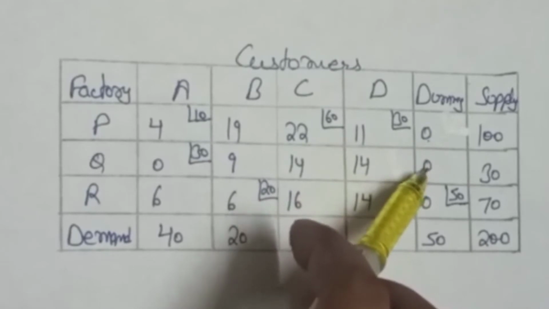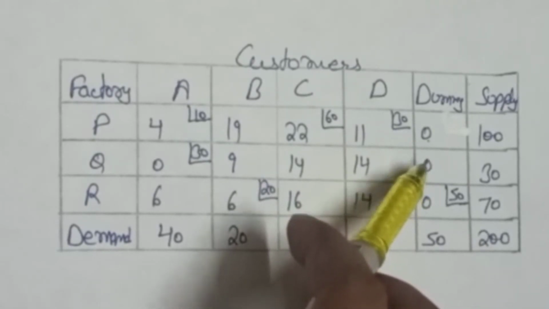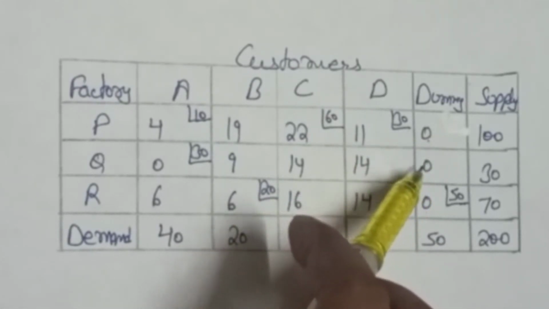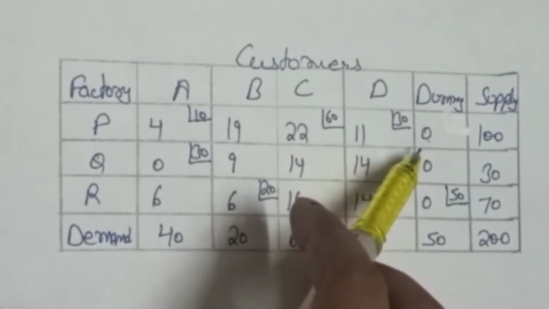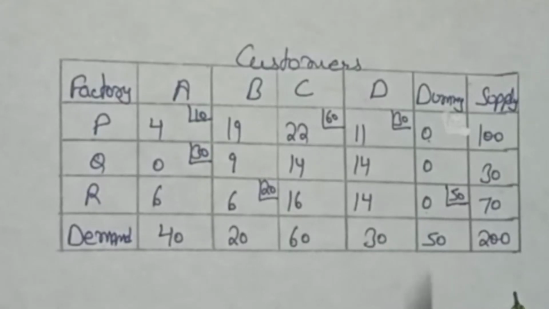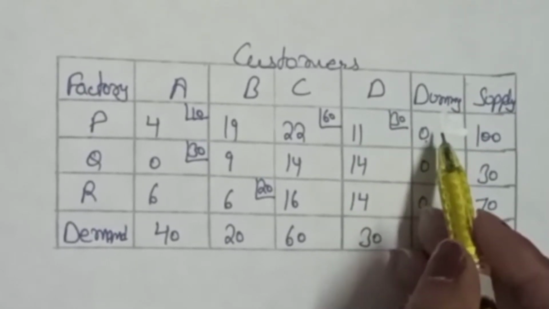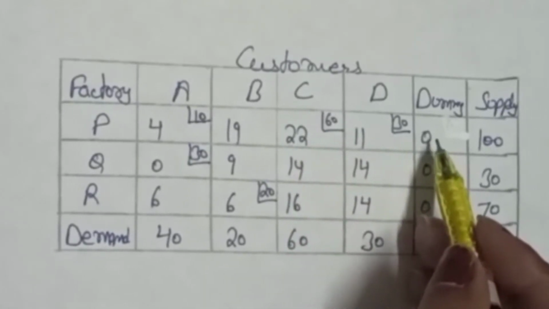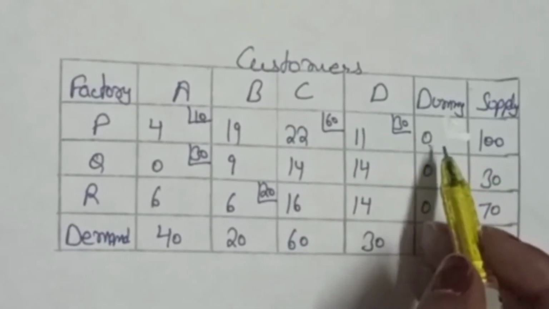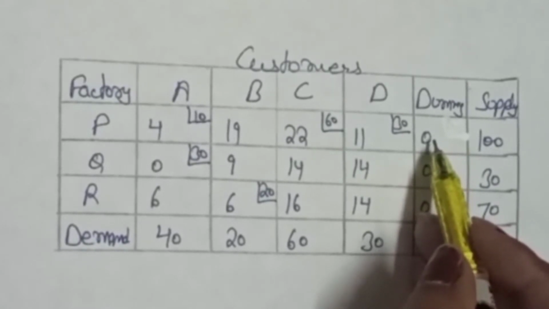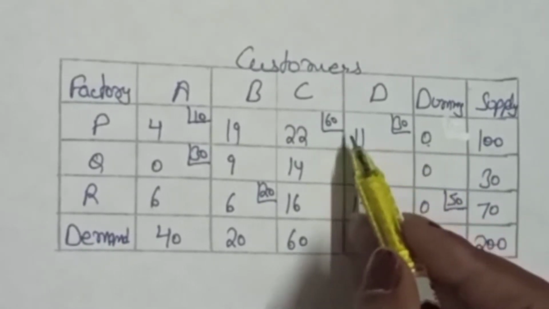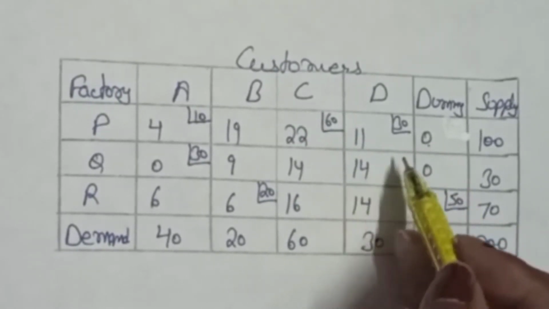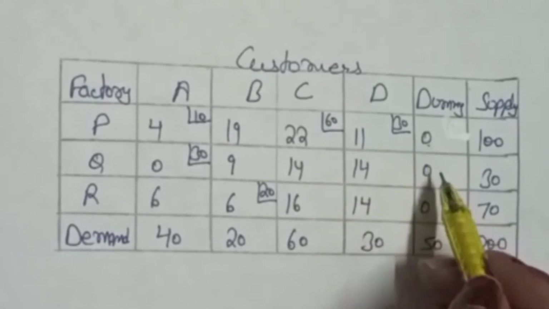We have to select the cell which doesn't make any loop. So students, now we will check whether this cell or this cell makes a loop or not. We will select the cell with no loop formation. In the loop formation, if we check with this cell, we have to move here. We can also move here. Students, you will learn here that in loop formation, we go vertically or horizontally. Otherwise, you can't go in the diagonal way. You have to move here and you have to move here.